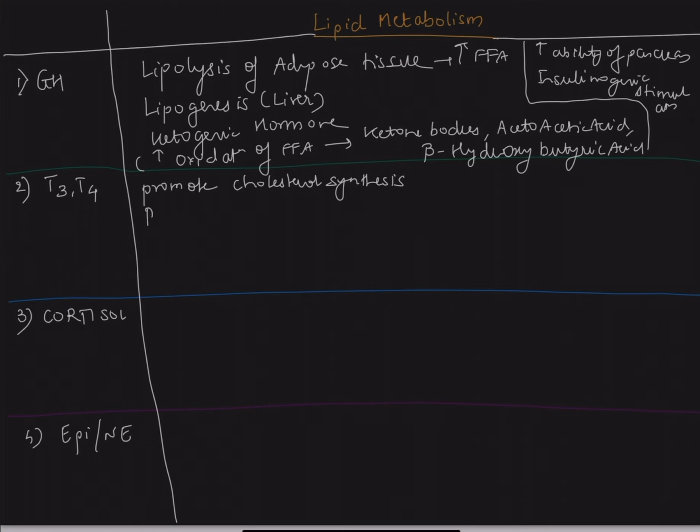They also promote lysis of cholesterol. That means first they form cholesterol and then they break cholesterol. Now, if the cholesterol is broken, some of it is used and the remaining is excreted. So they also promote biliary excretion